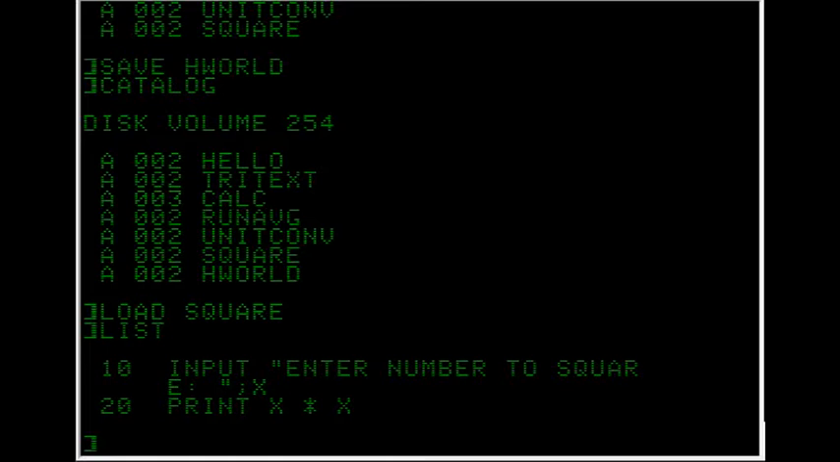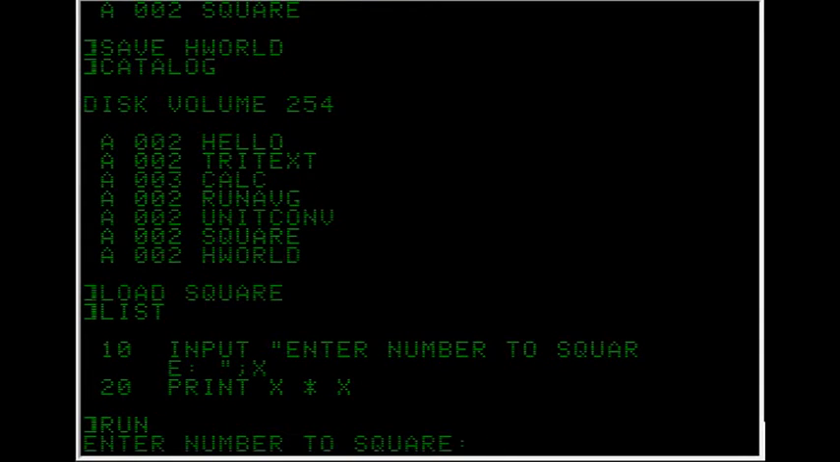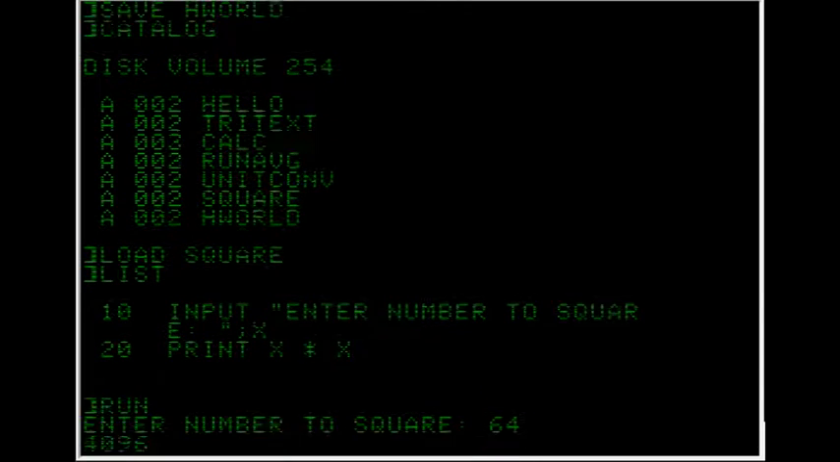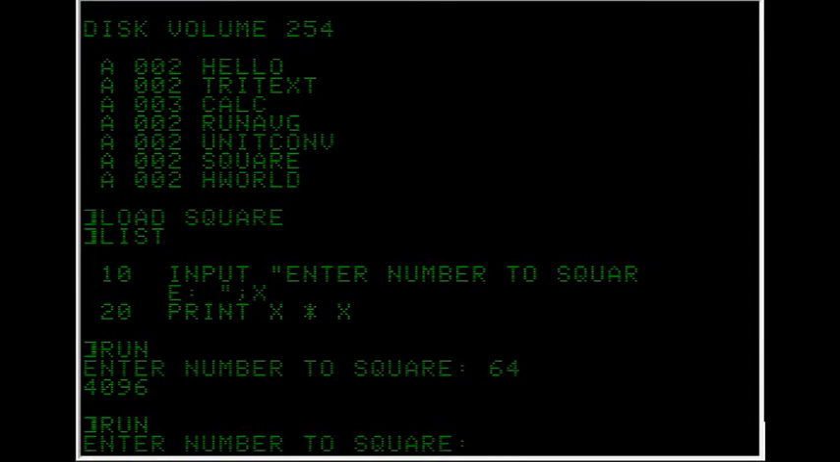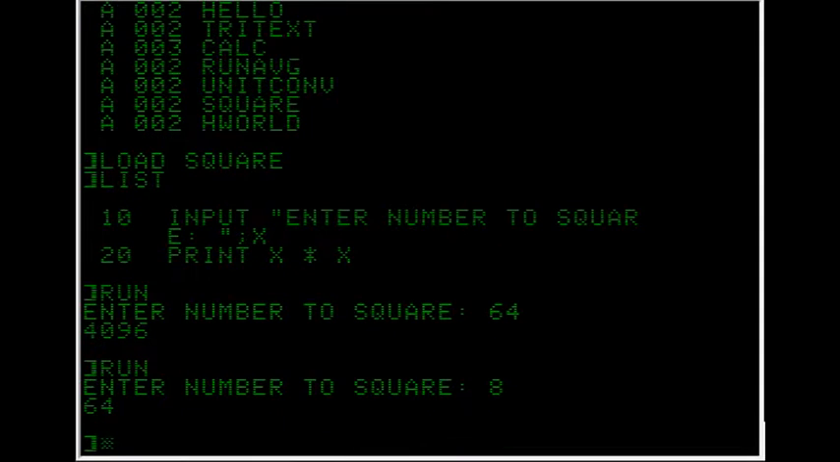At line 20 there's X times X, so let's run it and type in 64. The square of 64 is 4096. Run it again just to show that it's variable. 8 is 64, so